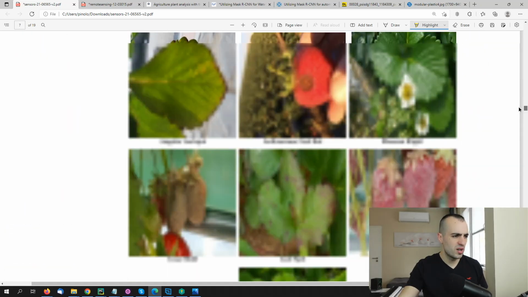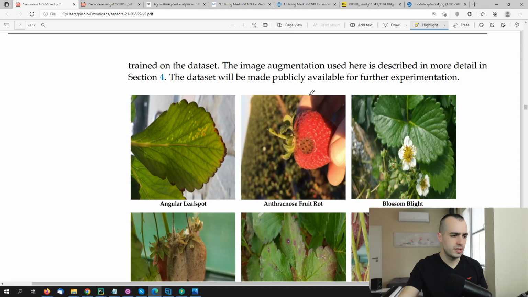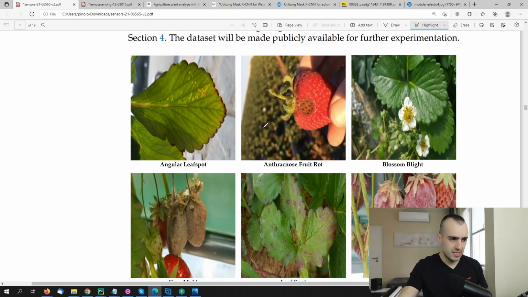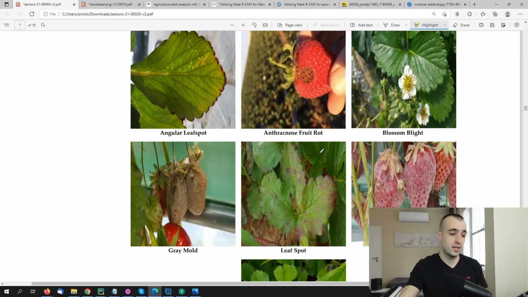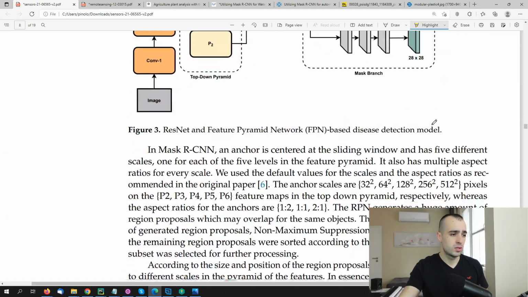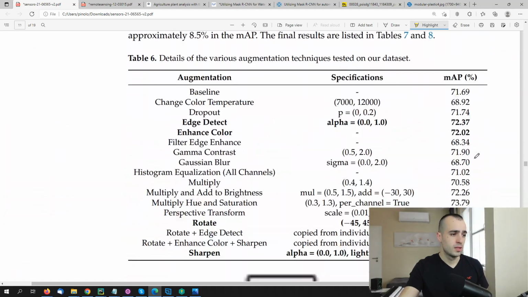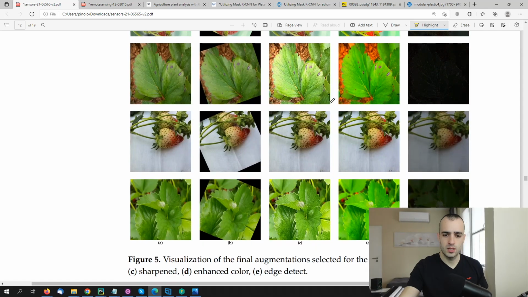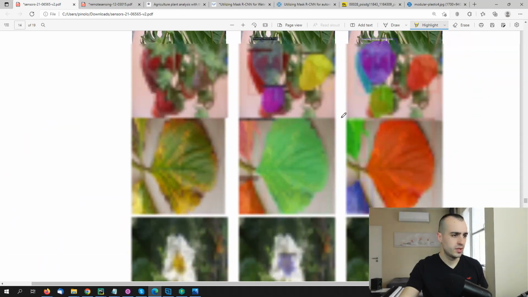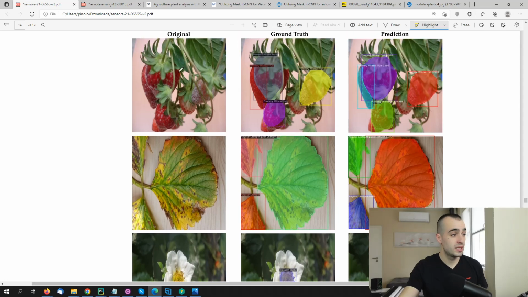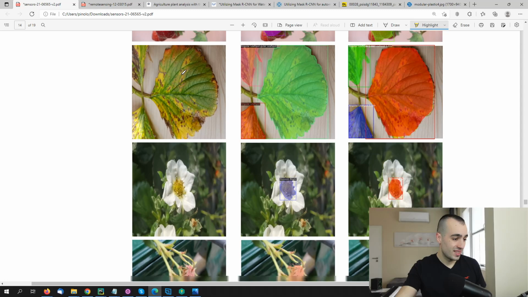So now I'm just scrolling to check a few of the pictures where they explain more about the diseases that they have been researching, and they have been applying Mask RCNN for, and also in their research they show the result. So this is all the interesting research that these students made. You can see the leaves, that they clearly show some disease. Even to someone that is not an expert about leaves, you can see that there is something wrong in these leaves